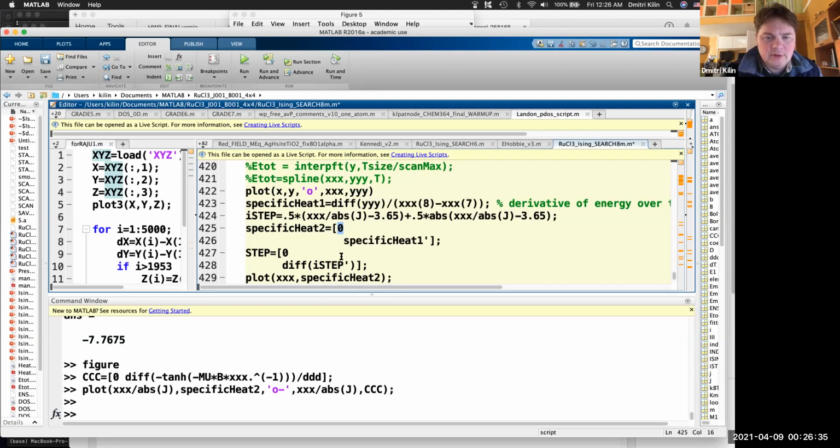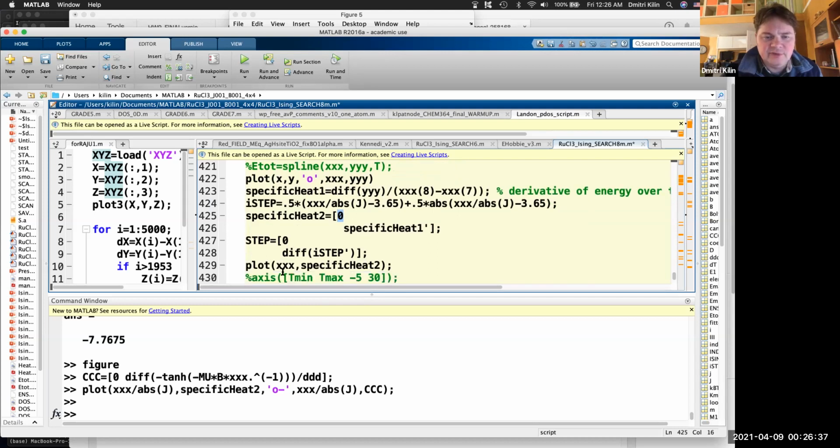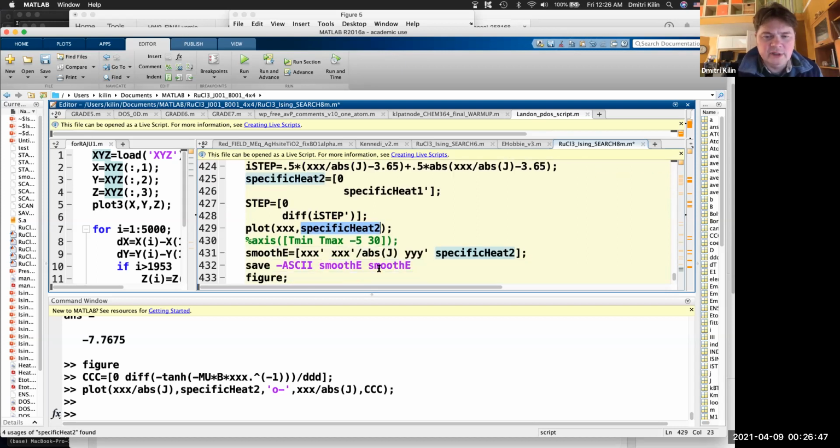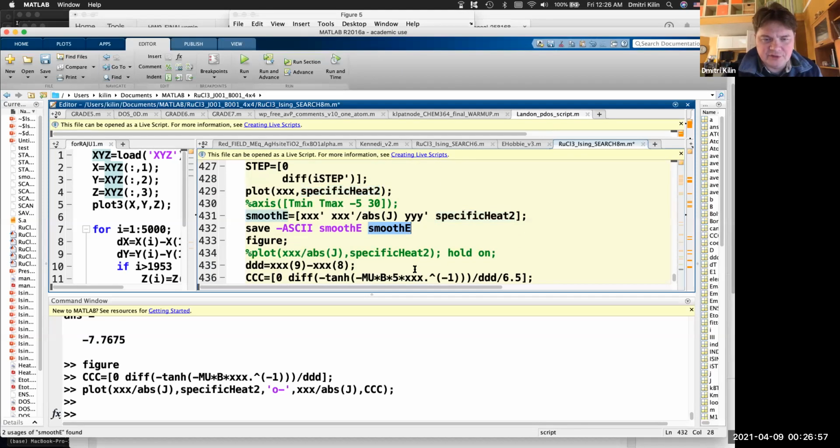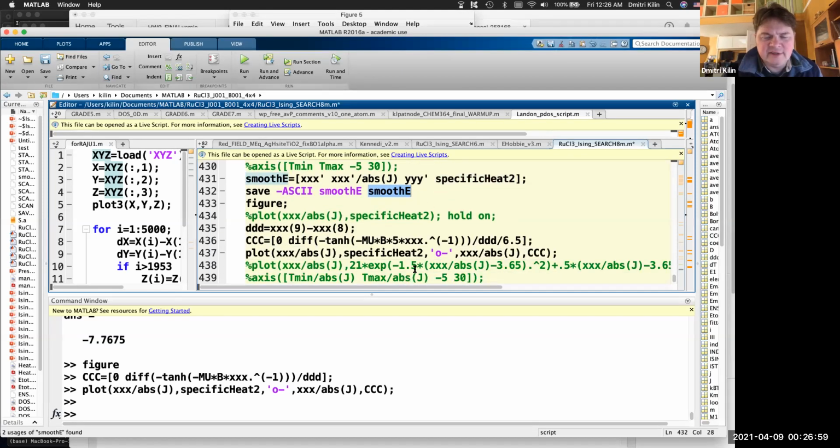And now if you plot temperature, which is on the x-axis, and specific heat 2, it will be good. It will show what we need. So this smooth data are saved into the file smooth energy. And the last thing that one can use for visualization is